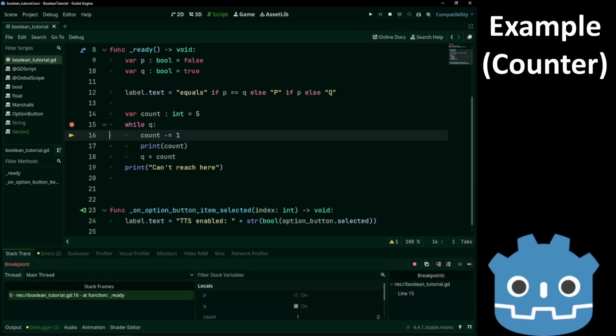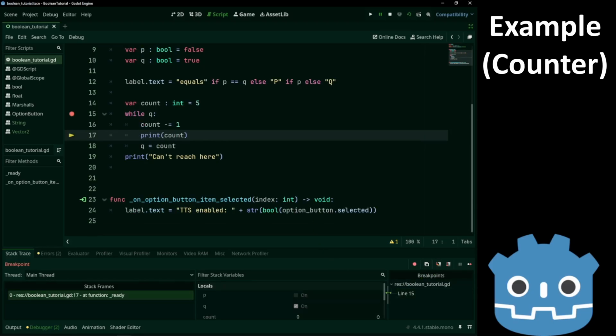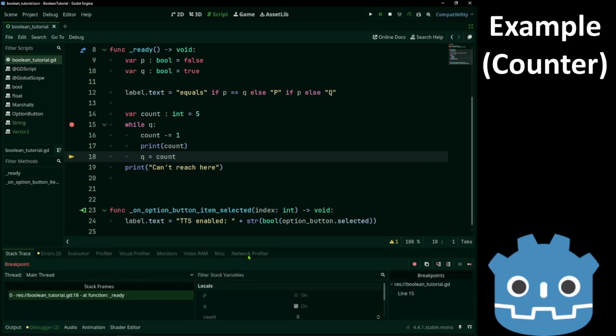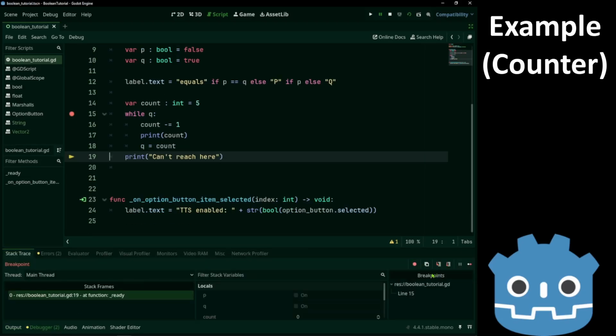Okay, that's the last loop. Counter is 0. We print. And now the arrow shows outside of the loop. That's because Q is finally false.